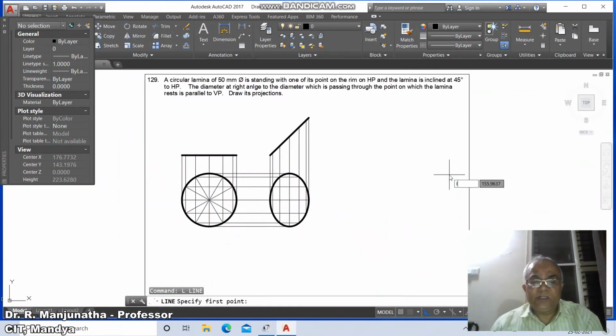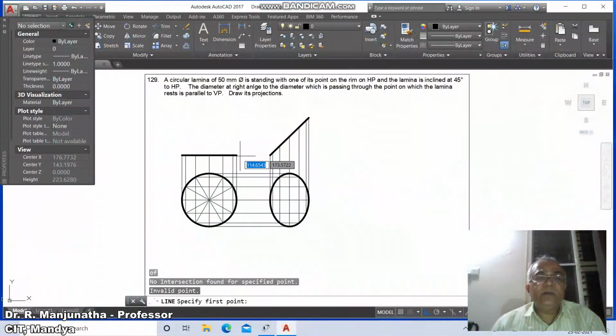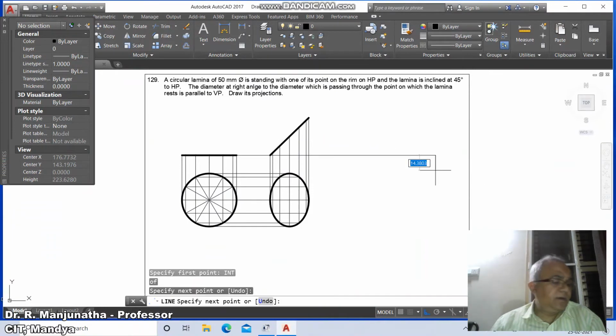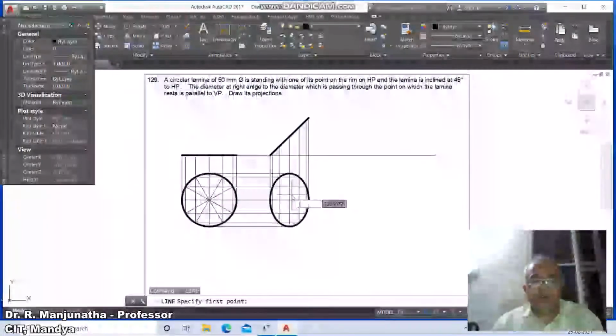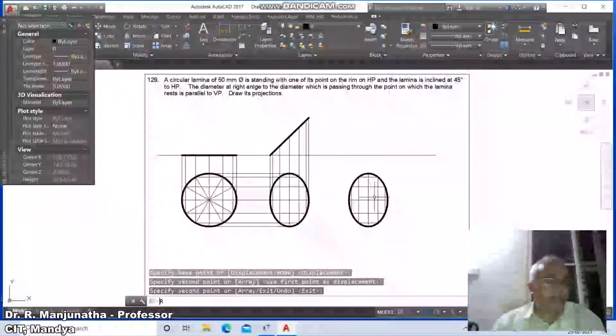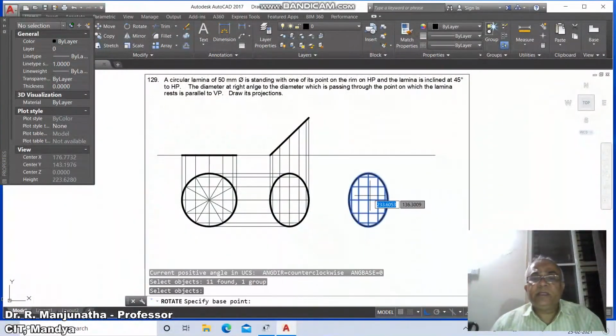Then go to line, draw a line from this. Take line, first point, take the intersection and draw a horizontal line. Similarly, take int of this and draw this on this side. Now you copy this and select this and take it here, then go to rotate, select this and rotation angle